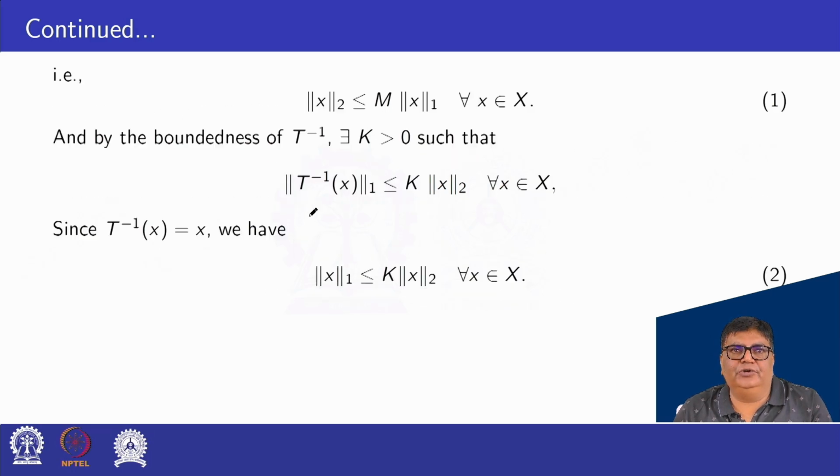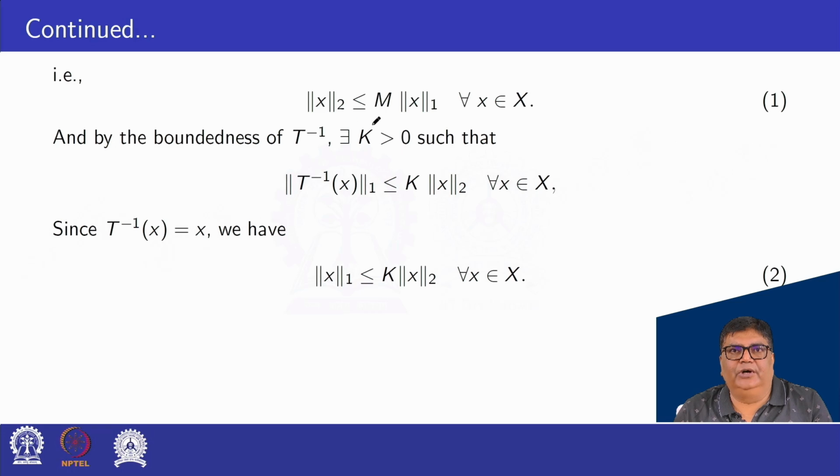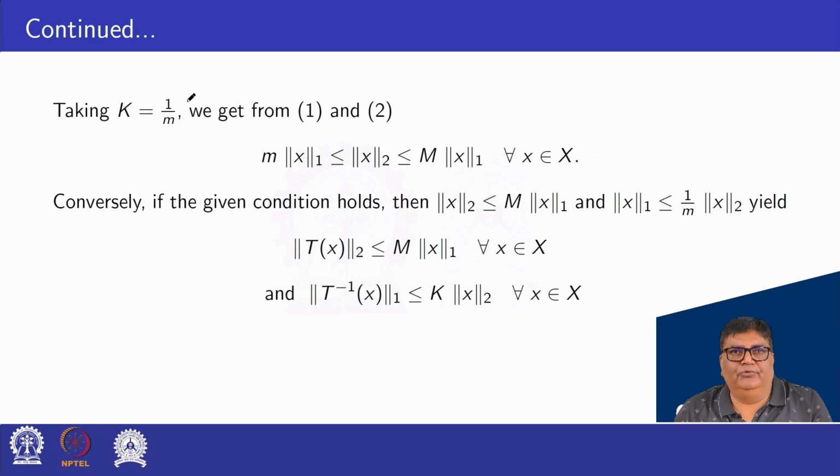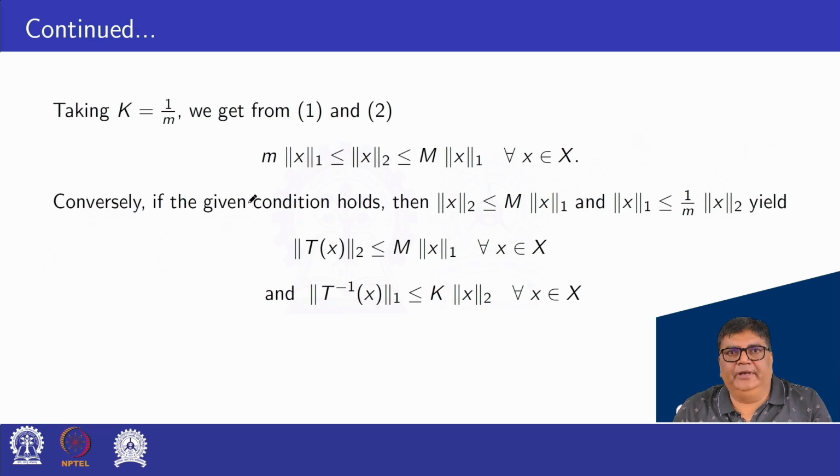Taking k equal to 1 by m, then m norm x1 is less or equal to norm x2, and from 1, norm x2 is less or equal to capital M norm x1. So from 1 and 2 with k equal to 1 by m, we have m norm x1 less or equal to norm x2 less or equal to capital M norm x1. We have proved this. Now we have to prove that if this condition is satisfied, then norm 1 and norm 2 are equivalent. Conversely, if the given condition holds,